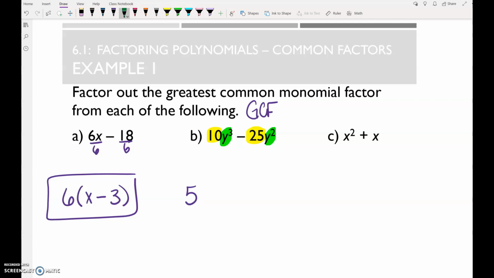You can take y squared out of both of them. Y to the third is like y times y times y. Y squared is 2 of them, so you can pull 2 out of both of them. Okay, once we do that,